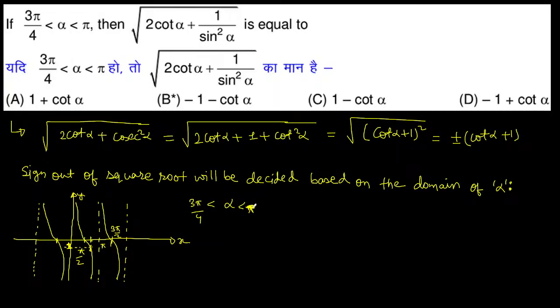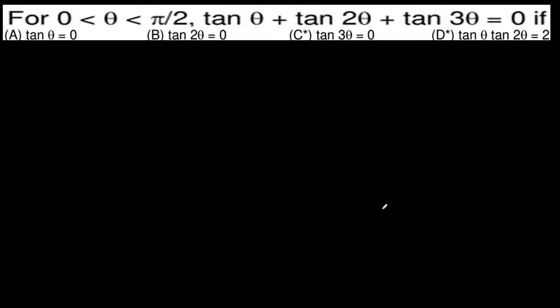ओके, तो कॉट अल्फा विल बी लेस देन -1, यस, क्योंकि यहाँ तो लेस देन -1 ये निगेटिव साइड है। तो कॉट अल्फा +1 विल बी लेस देन 0। अगर ये लेस देन 0 है तो हम निगेटिव साइन से बाहर लाएंगे, तो हमारा ऑप्शन बी हो गया करेक्ट। समझ गए? समझे कि नहीं समझे? सो वी हैव नाउ नेक्स्ट क्वेश्चन।